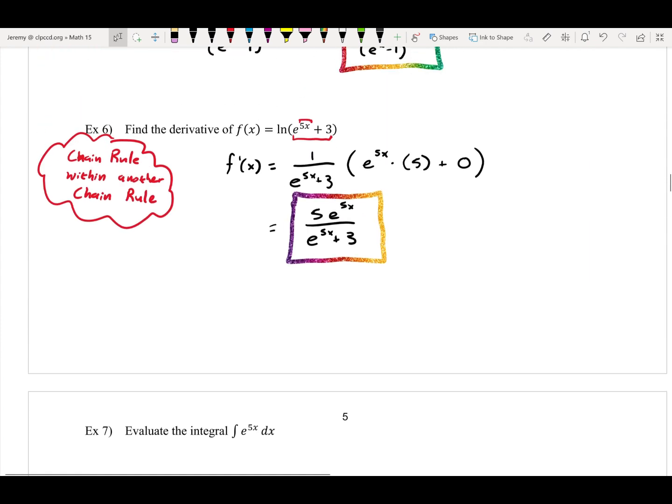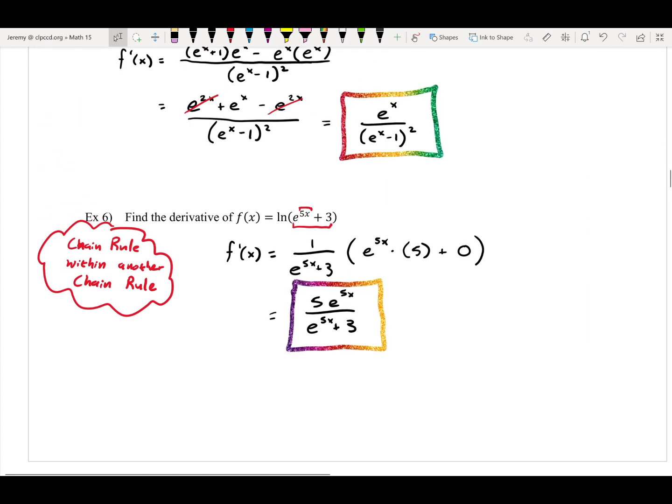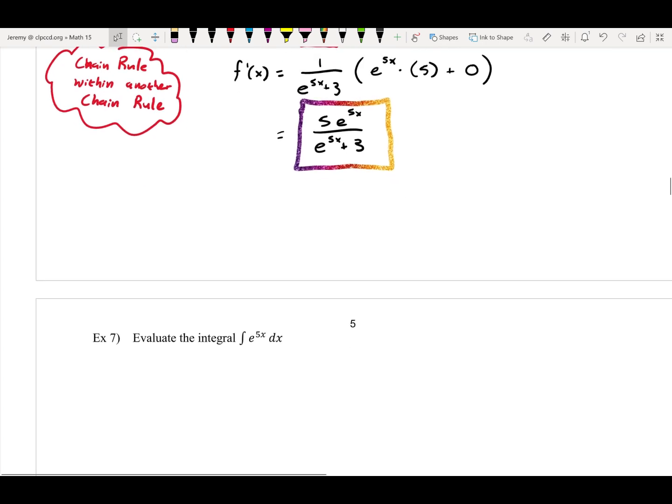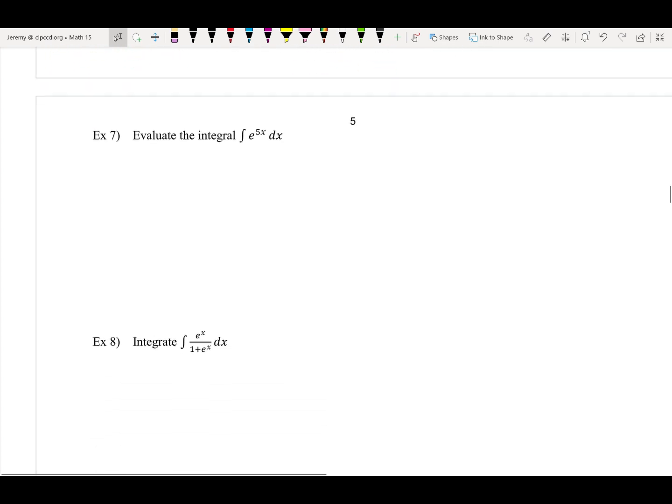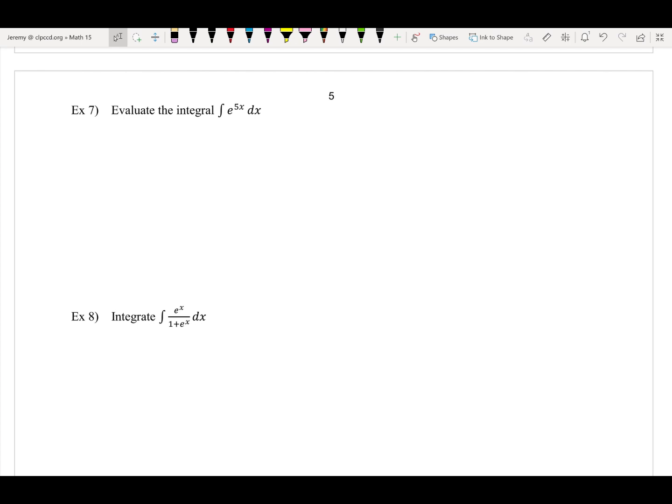Okay, so I think you could handle the derivatives on the homework and on the review for our upcoming final. Let's look at some integrals now. How about the indefinite integral of e to the 5x dx? Okay, well, we have a composition, right? And with integration, we don't have the chain rule, what we use is a u substitution. Okay, so seeing as we have a composition here, I might just